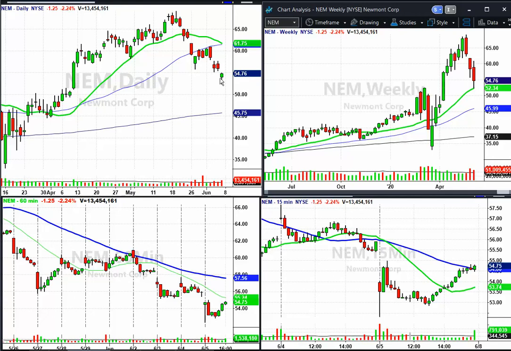So the question becomes, does this go lower? Now, I think this thing has a lot of support. Here you've got a rising 20-period moving average that it kissed off of on Friday. And I actually bought into this on Friday near the lows because my support area, my actual buy point was 50, but I saw this coming down here.